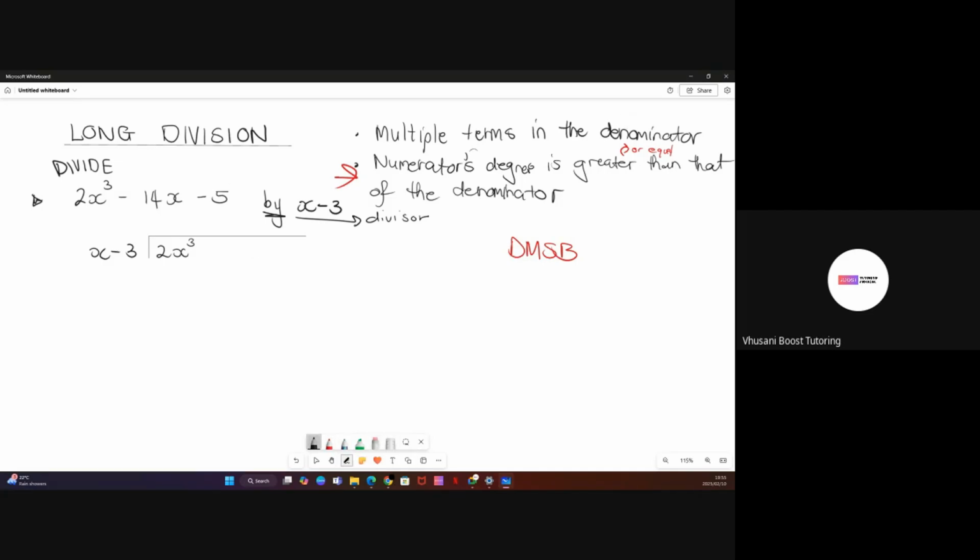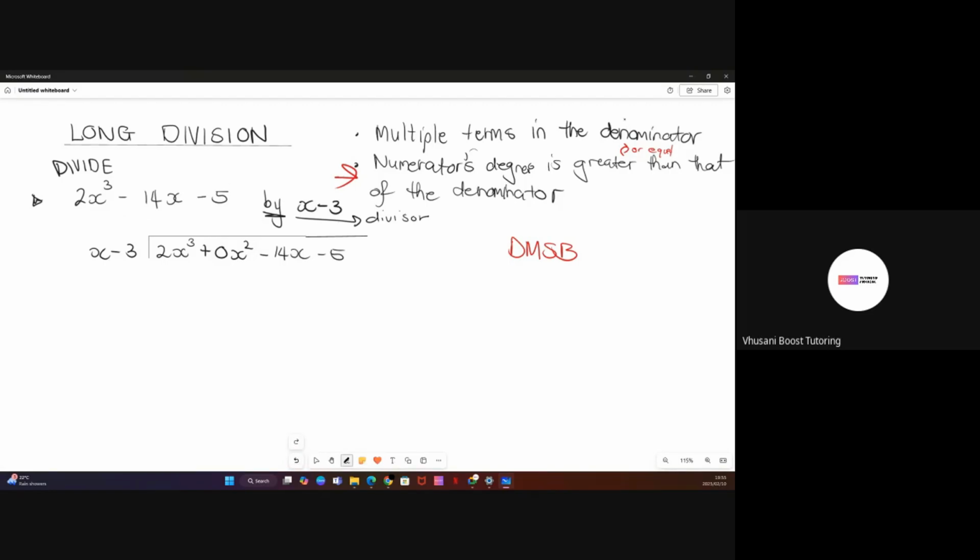And yes, Patricia, let's do it like that, actually. Thank you for reminding me. So I'm going to write down a 0x squared and then minus 14x minus 5, right? The reason you do this is because it makes it easier for you to visualize things. You would make a mistake if you did not place this one over there. So just write the 0x squared. It does not change your expression because this is technically just a 0, but it's best to always put it there,